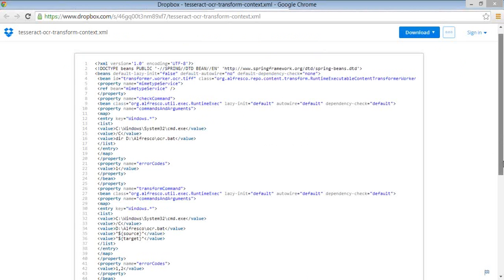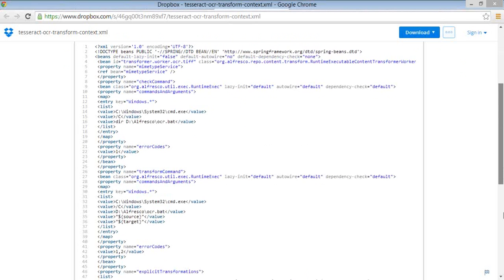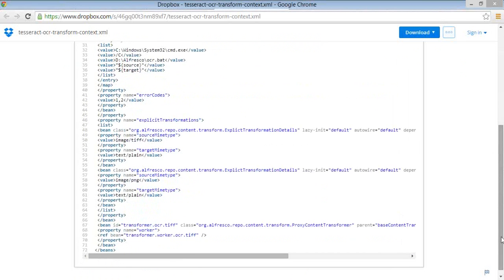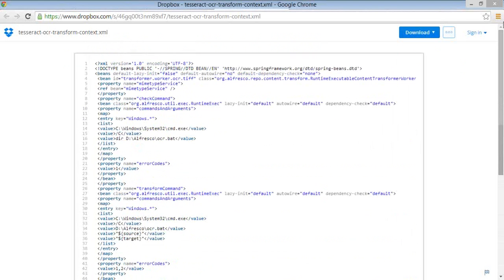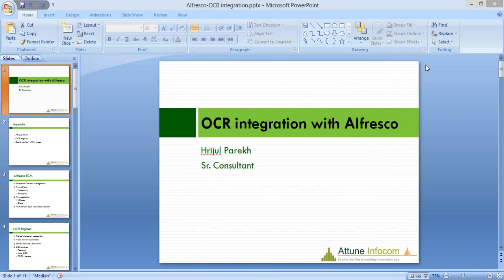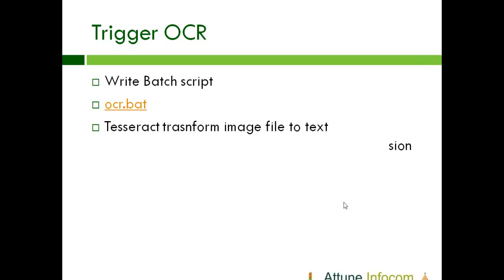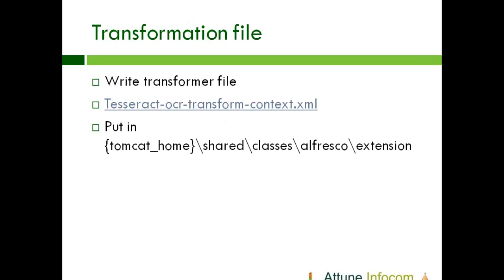Here is the Tesseract OCR transform context XML file. Once you write this transformer file, you just need to put this file in the Tomcat home, shared classes, Alfresco extension folder.